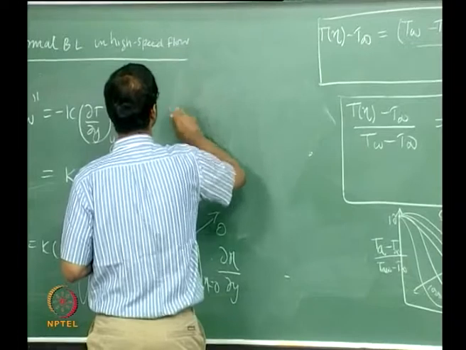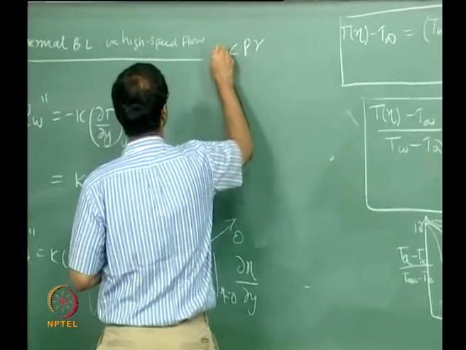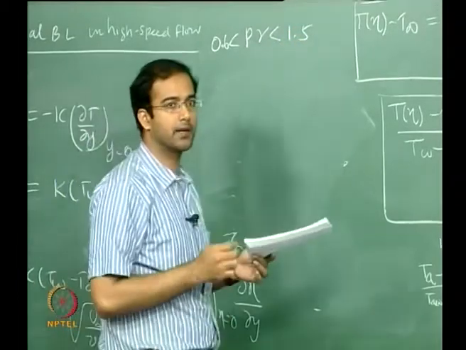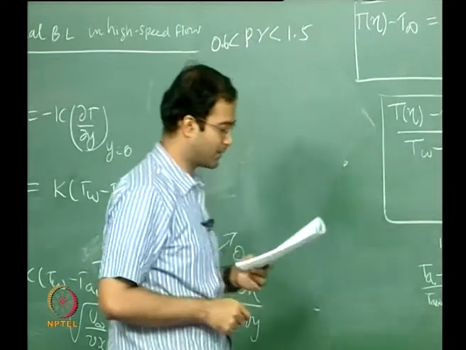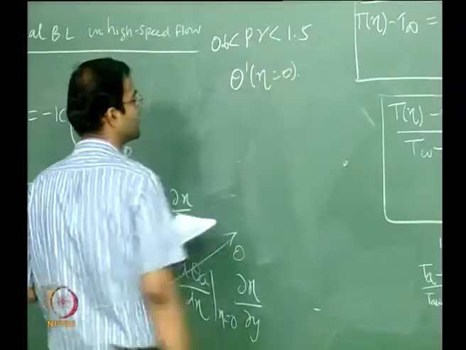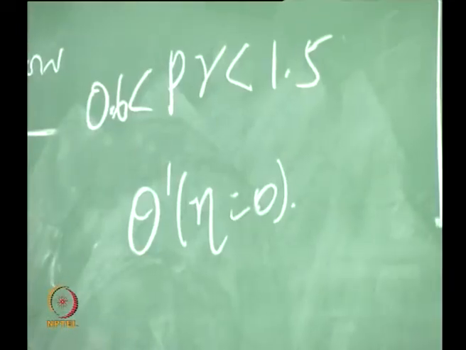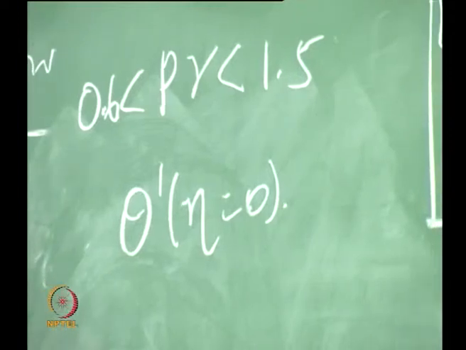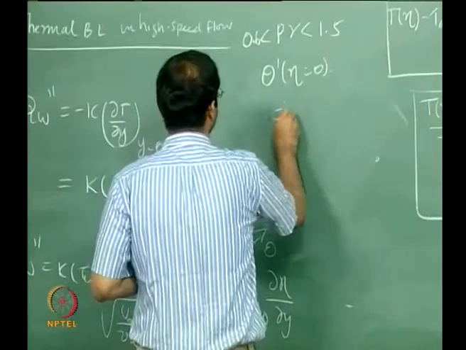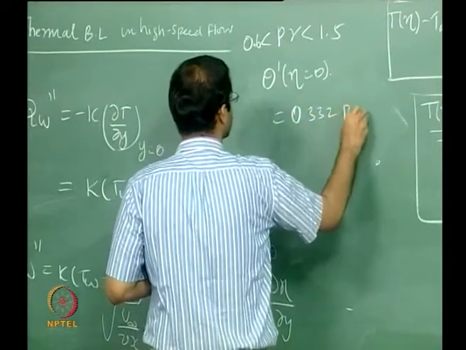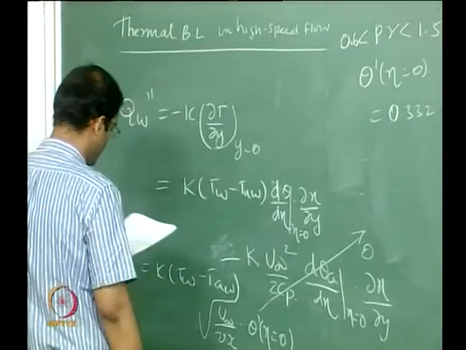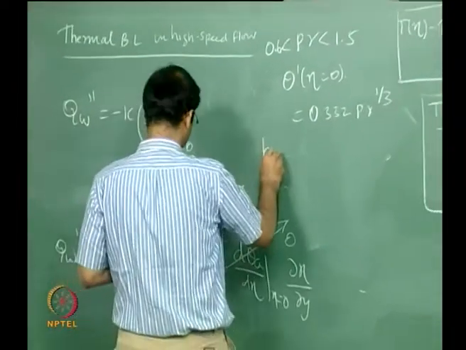for Prandtl number range, in fact Pohlhausen did this for small Prandtl numbers, for intermediate Prandtl numbers, for large Prandtl numbers. Okay, the correlation for small Prandtl, do you remember what it was? Not for small Prandtl, for intermediate Prandtl number I am asking. Okay, so that was 0.332 Prandtl number raised to the power 1 by 3. Okay, so this can be substituted to calculate q wall double prime, and from there you can calculate heat transfer coefficient.